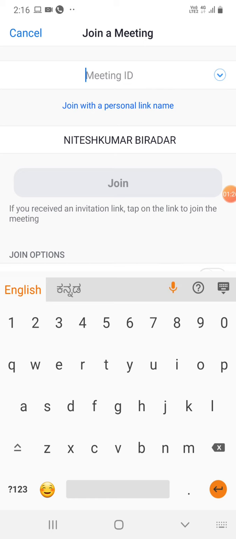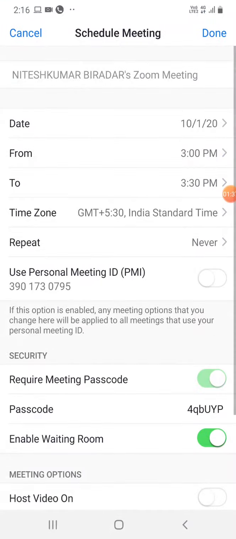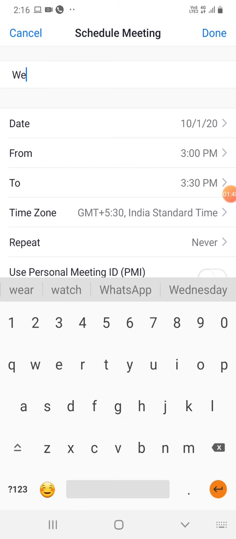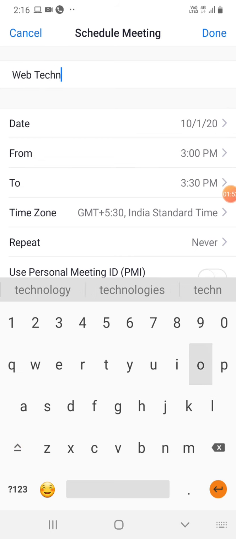Okay, and if you want to host any meeting or online classes, you can schedule your online classes by this third option, schedule. When you click on the third option, schedule, you can schedule a meeting. So you can provide a Zoom meeting name. For example, I want to conduct web technologies classes.